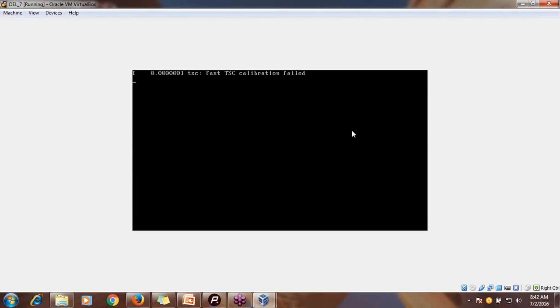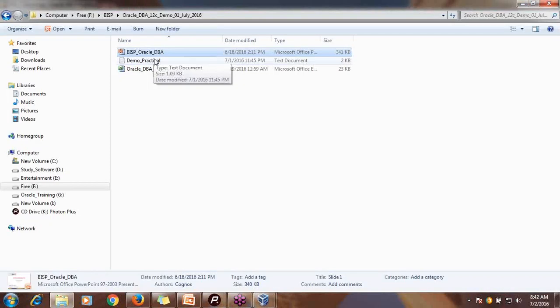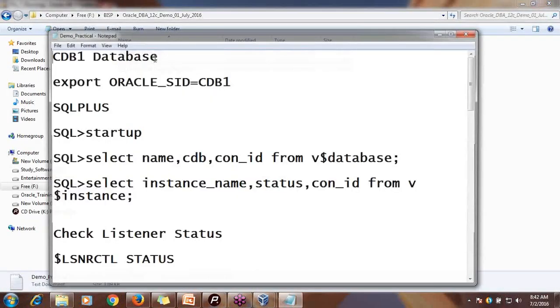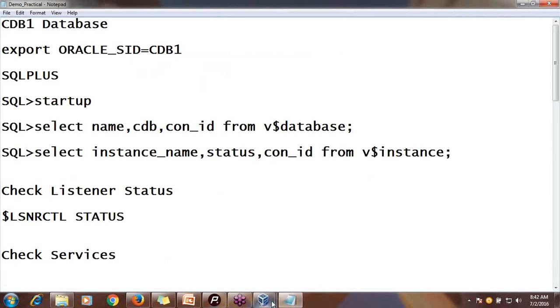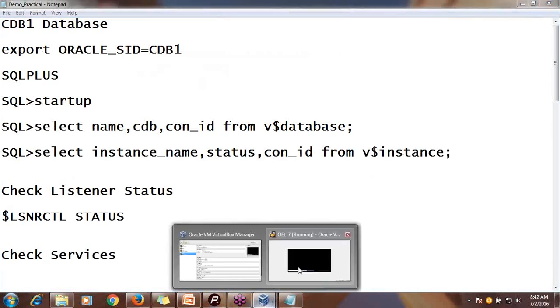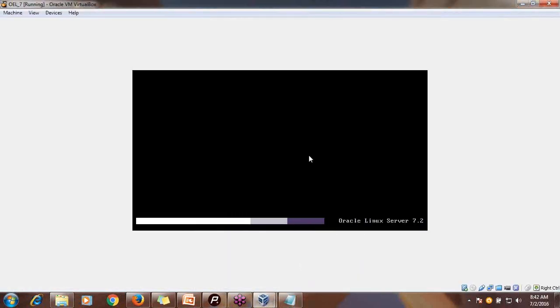I have installed Oracle Linux 7 on my VirtualBox. I'm just starting my Oracle Linux 7.2. This is the latest version of Oracle Linux.